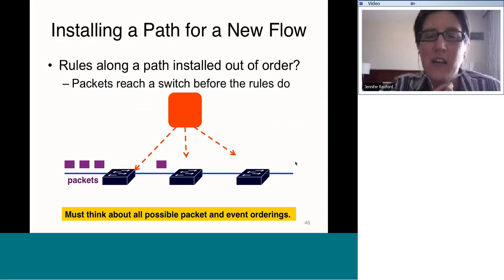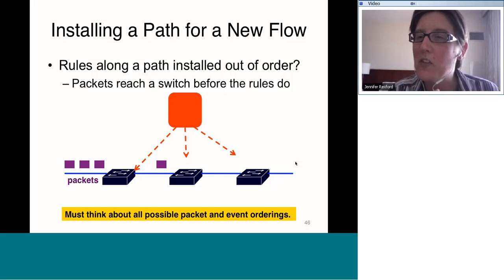To give a second example of how this can happen, and we've seen this bug in a lot of OpenFlow applications, there's this model where often the first packet of a group of packets goes to the controller, and the controller installs a collection of rules in the switches, let's say to put a new path in place for this packet and other packets like it. If the controller successfully installs a rule in the first switch, but the second and third switch have not yet successfully installed those rules because it takes time, the packet in flight may reach the second switch before the rule that needs to be there to handle it has been successfully installed. This packet may now be either sent to the controller or, worse yet, match a rule that actually it could never have matched, a lower priority rule that's already in the switch,